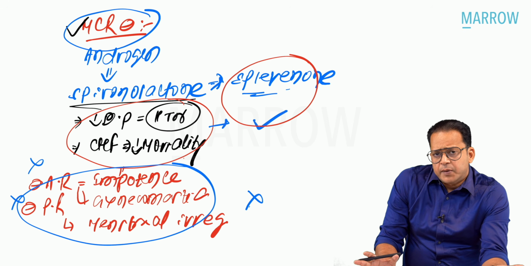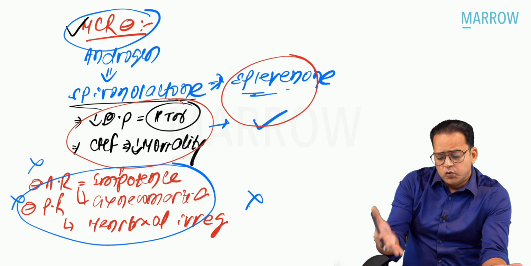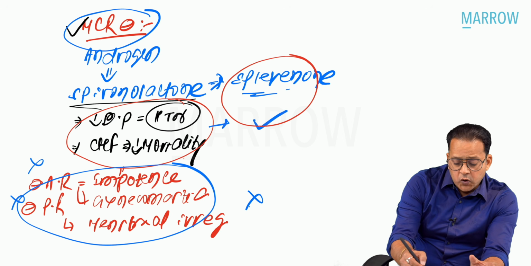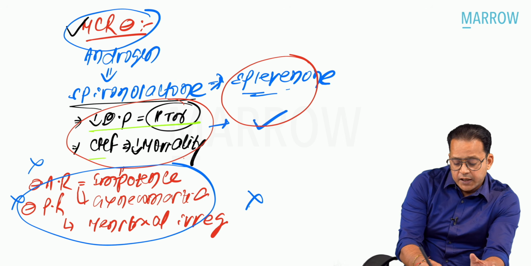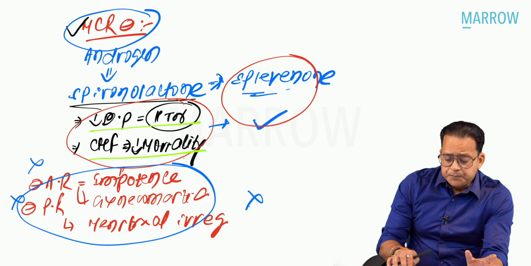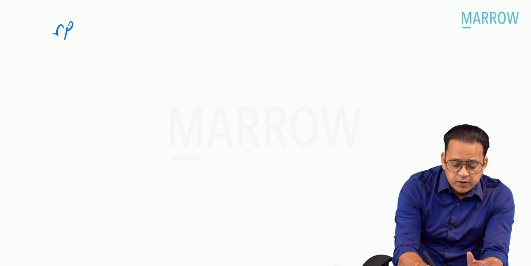Everything was fine up until this. If the patient is poor, I'll go for spironolactone. If the patient can afford, I'll go for eplerenone. Now, apart from these two uses, if I focus on hypertension and CHF, block of mineralocorticoid receptor also gives us a good use. So let me write down the drugs again: spironolactone